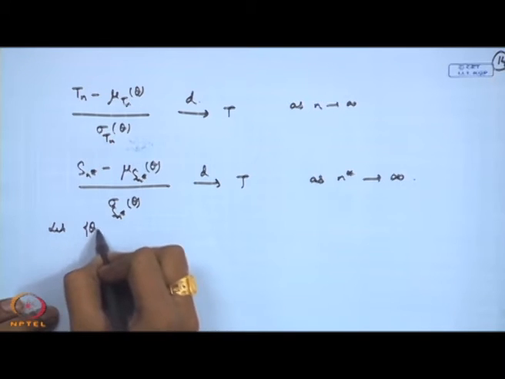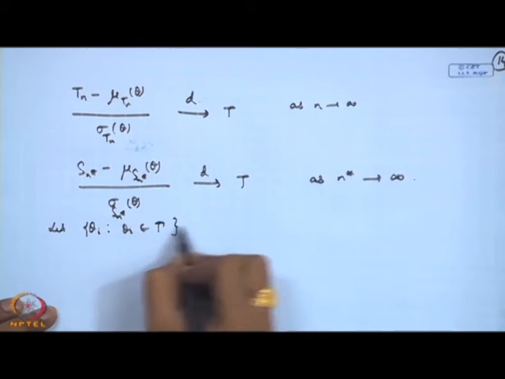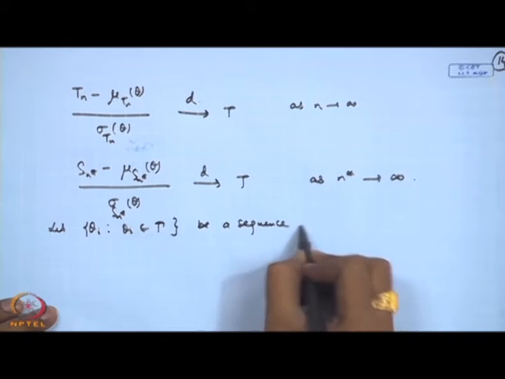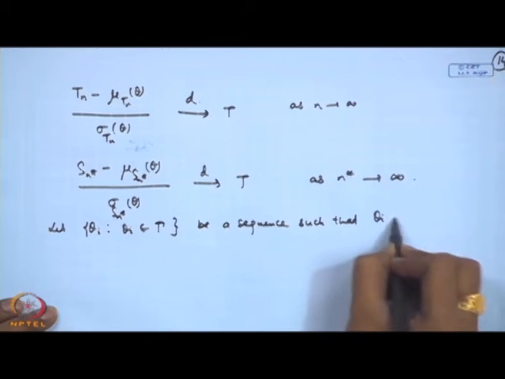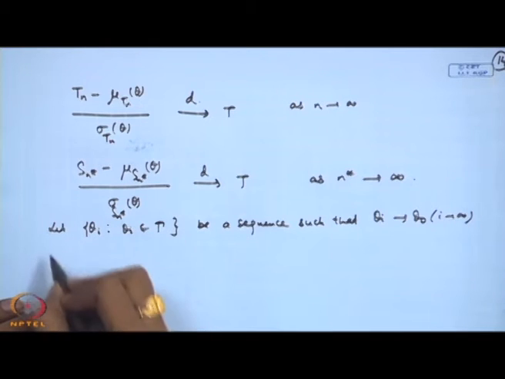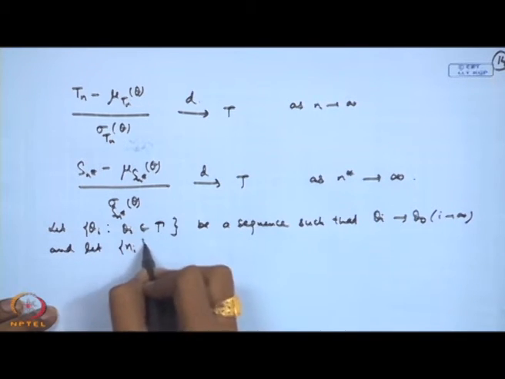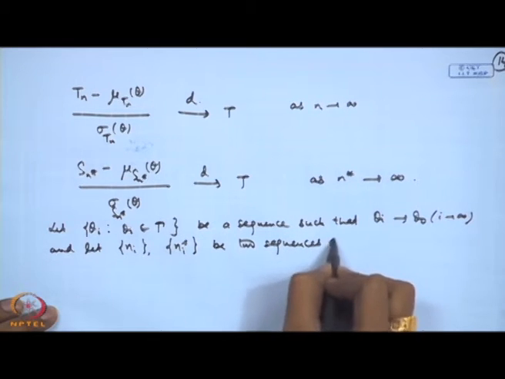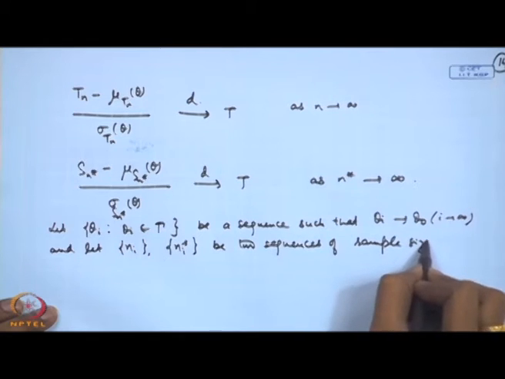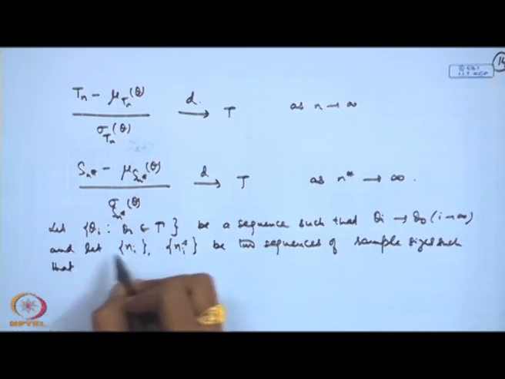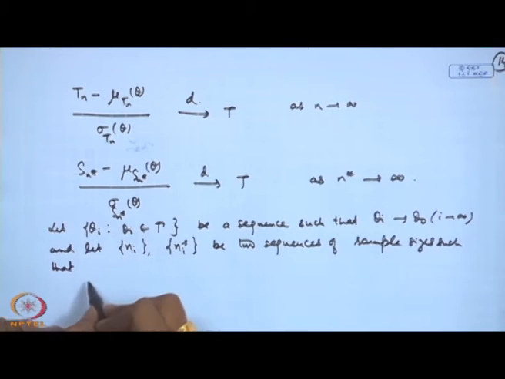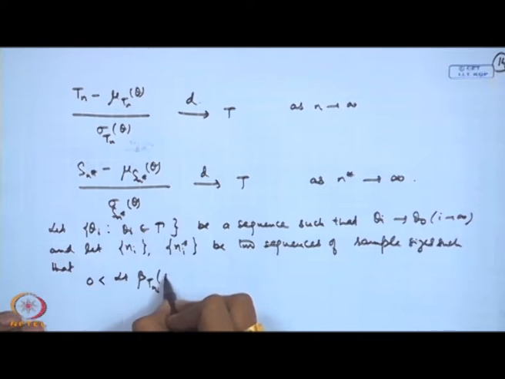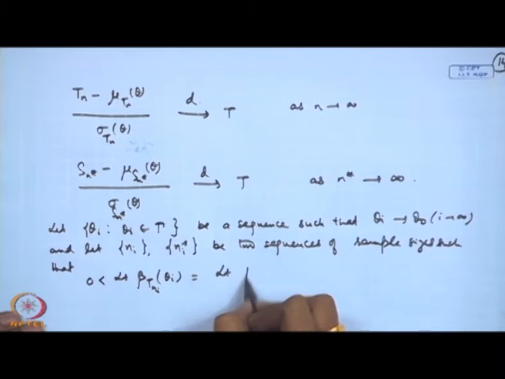Let theta i belonging to gamma be a sequence such that theta i goes to theta naught as i tends to infinity, and let Ni and Ni star be two sequences of sample sizes such that 0 is less than the limit of beta Tn i theta i, that is equal to the limit of beta Sn i star theta i as i tends to infinity,